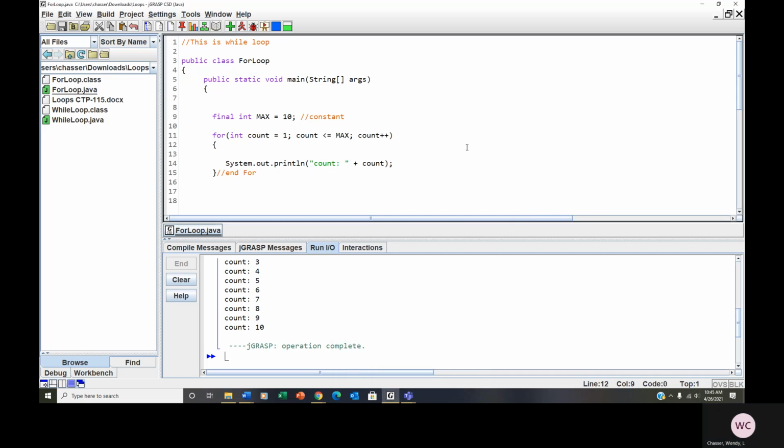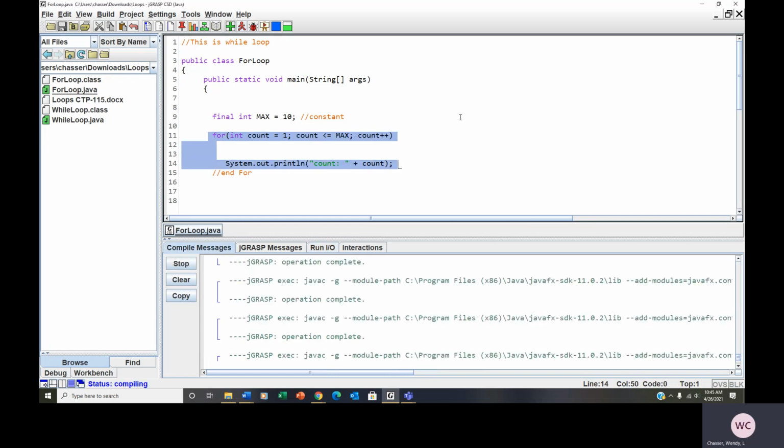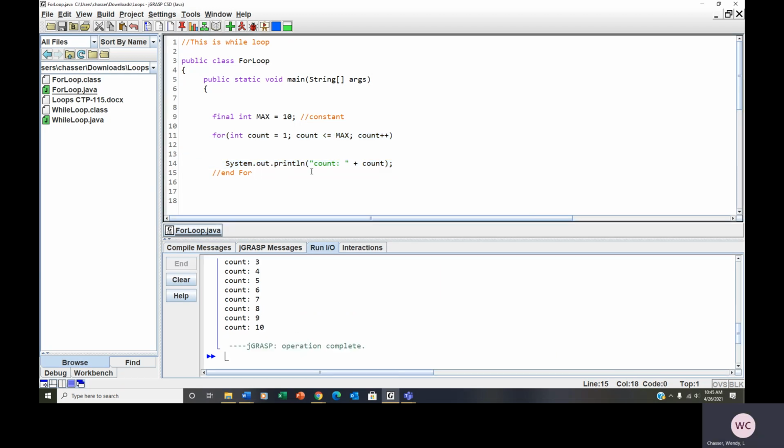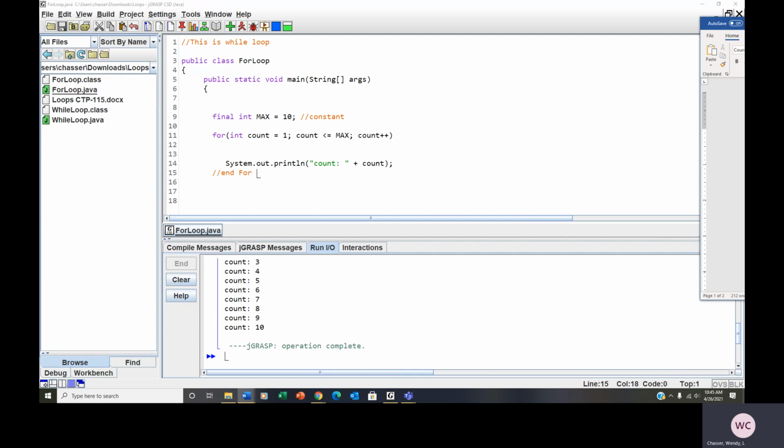Okay, so those are pre-test loops. Now notice in this particular one, I don't need these braces, because I'm actually doing just 1 statement after the for loop. And remember, all statements end with a semicolon here. This whole thing is 1 statement, even though we put it on 2 lines for easier reading. So when I run that, I'm still going to get the same outcome. Okay. Very good. So those are my pre-test loops. Well, now I have to do,